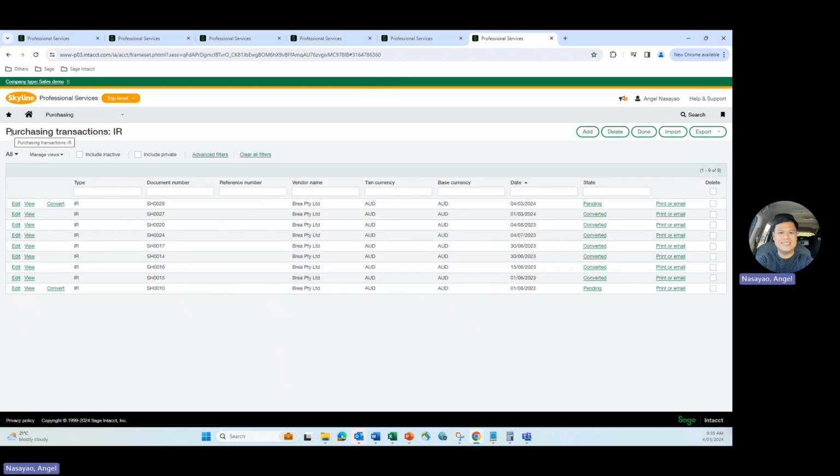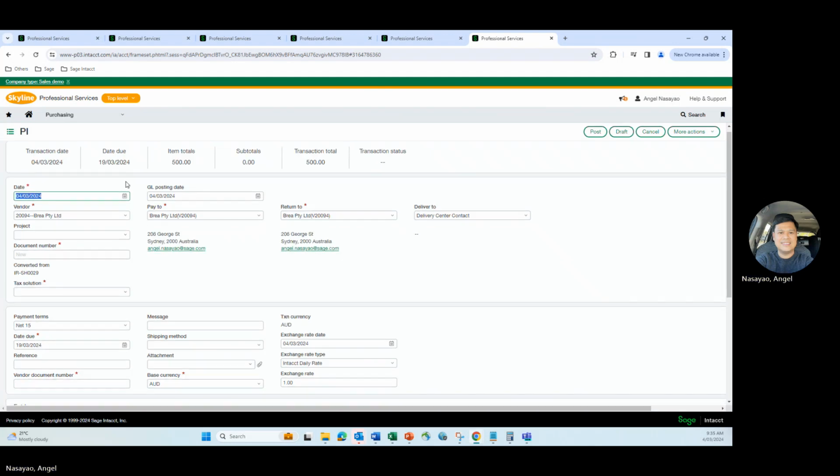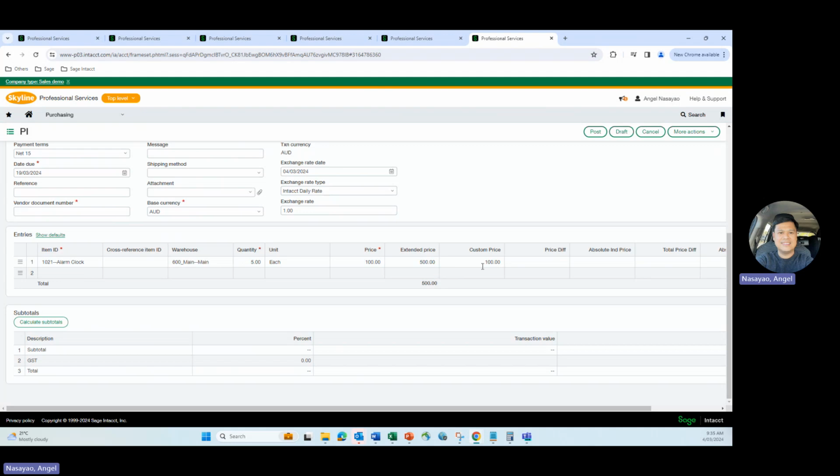Okay, so let's convert the item receipt. Assume that we've already received the purchase invoice, and let's convert this into the purchase invoice. I would like you to look at the line level here first. So remember this custom price. The custom price is the one coming from the item receipt. It's automatically moved to you because this field is shared between the item receipts transaction definition and the purchase invoice transaction definition. So this will be the basis for comparing with the price that you have in the purchase invoice. So for example, if you change this into 150,